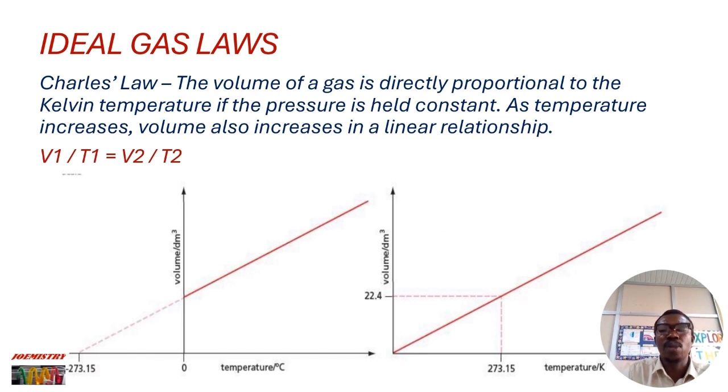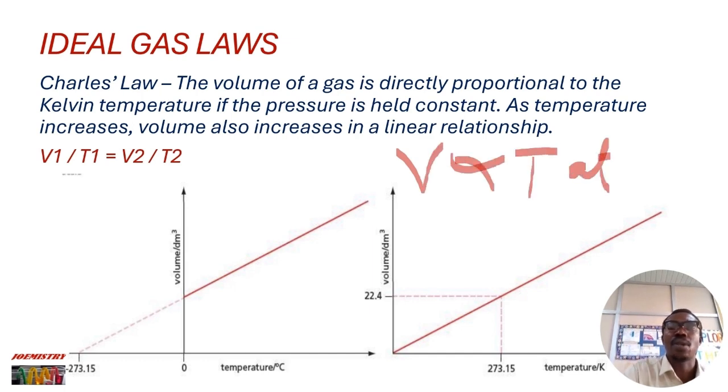Charles' law states that the volume of a given mass of gas is directly proportional to its temperature at constant pressure. As far as the pressure remains constant, the volume is directly proportional to temperature. So the volume of a gas is directly proportional to the Kelvin temperature if the pressure is held constant. As the temperature increases, the volume also increases in a linear relationship. So mathematically, volume is directly proportional to what? Temperature at what? At constant